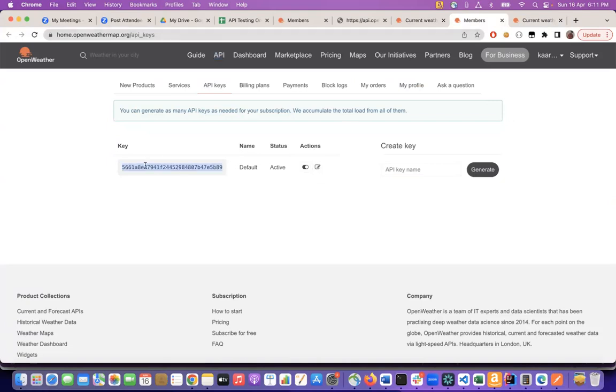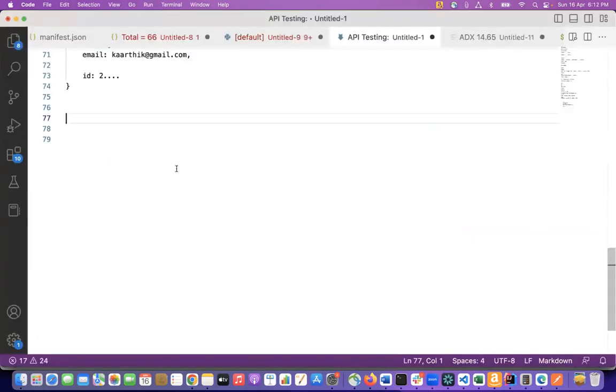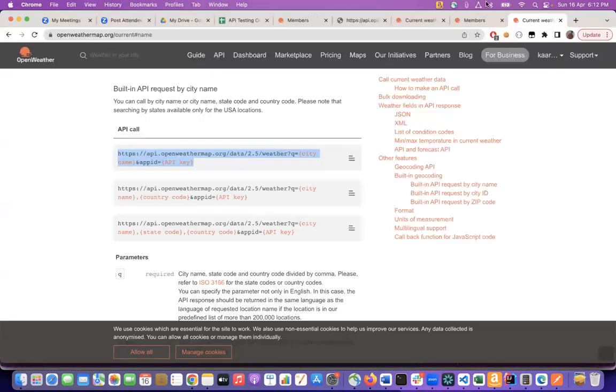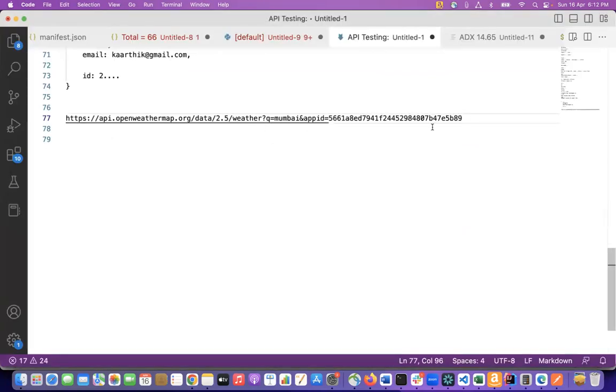So this is the key that I have to use as a placeholder here, right? If I copy this and put it here, let's say I wanted to get the weather information for Mumbai. I will replace this with Mumbai, and the API key I will replace with this one. I'll copy this and put it here. Now this is the format in which the